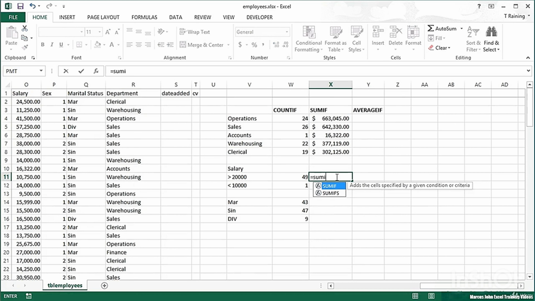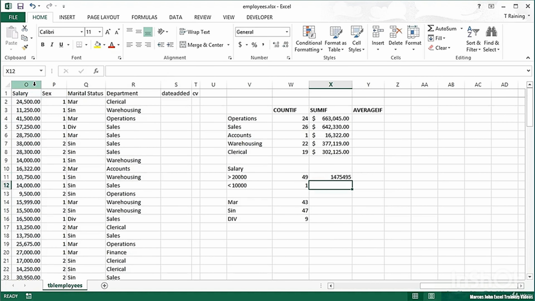This time we won't need a separate criteria and sum range because everything's going to happen on the salary column. So that's our salary column. Criteria is the same as before, needs to be in speech marks even though it's numeric with a comparison operator. And then we don't need the sum range because our criteria range is the same thing. So we just close brackets and return. And the total salary for everybody that earns more than 20,000 is